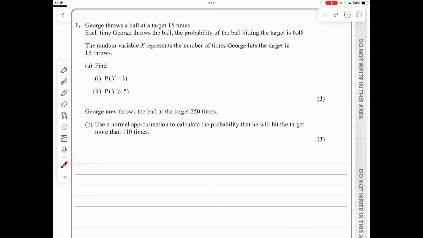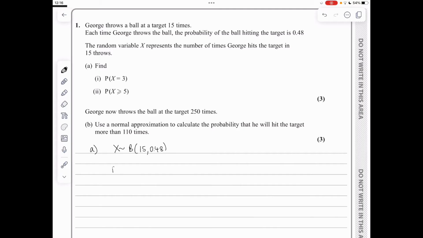In question 1, we've got George who throws a ball at the target 15 times. Each time the probability of hitting the target is 0.48, and the random variable x represents the number of hits in these 15 throws. Now obviously x is a binomially distributed random variable because we've got a fixed number of trials, we've got a constant probability of success. Each trial is a success or failure, so we can easily say that x follows binomial 15,